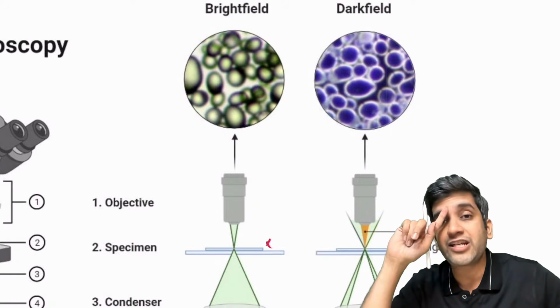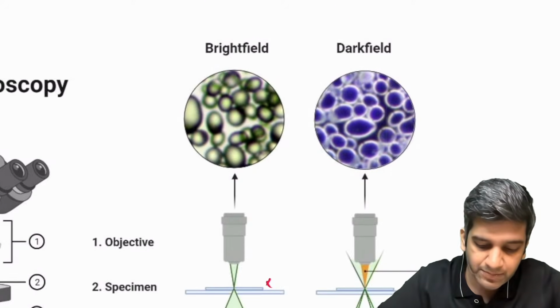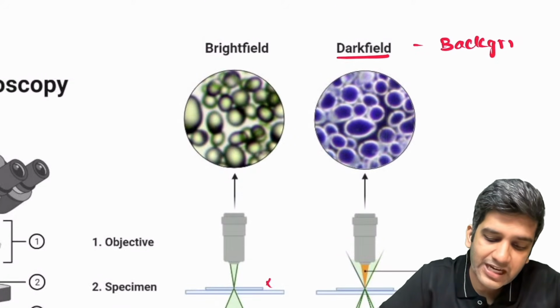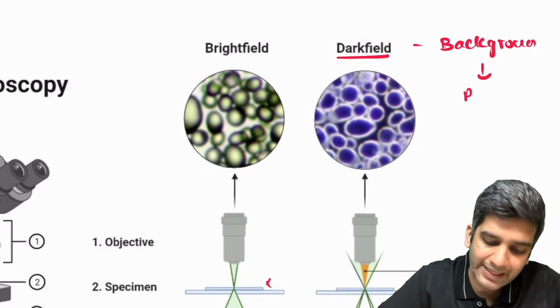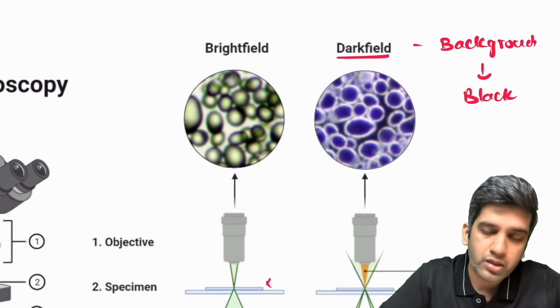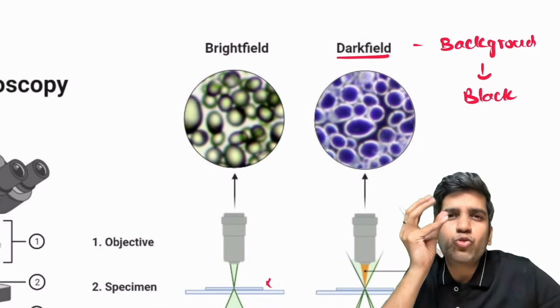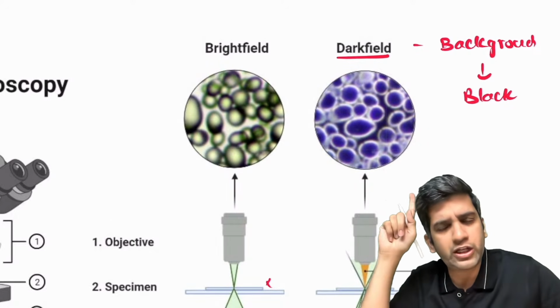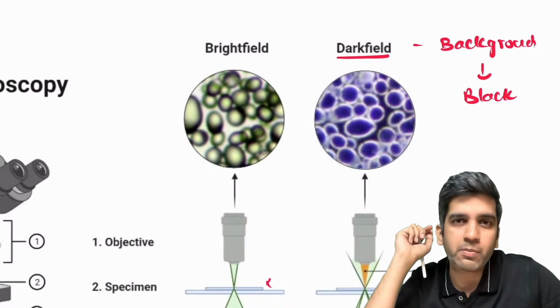There's something called dark field microscopy. As the name says, dark field. The biggest difference is the background of dark field microscopy will be black in color, right? In the center, there'll be a few shining spots. Entire background is black. And I'll also tell you at least one use case you have to remember for dark field microscopy,